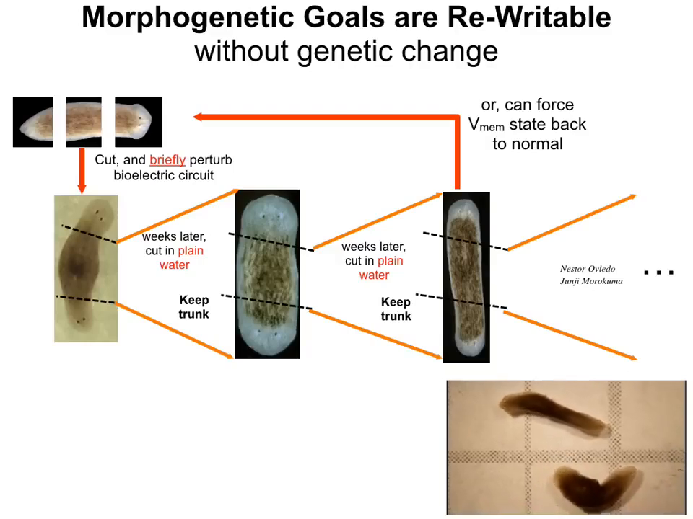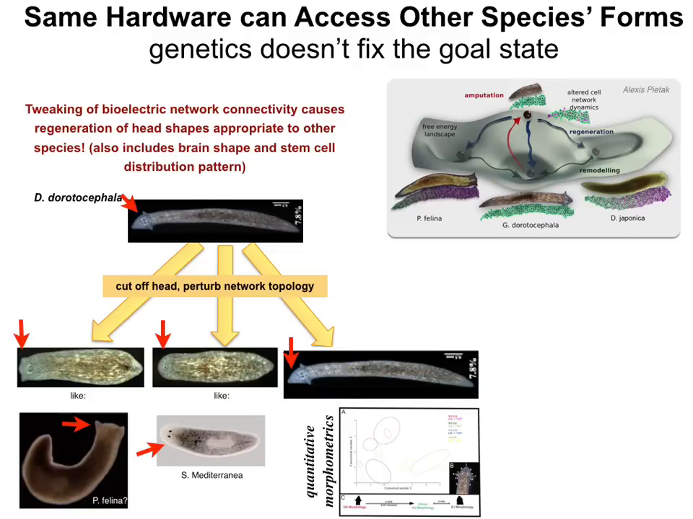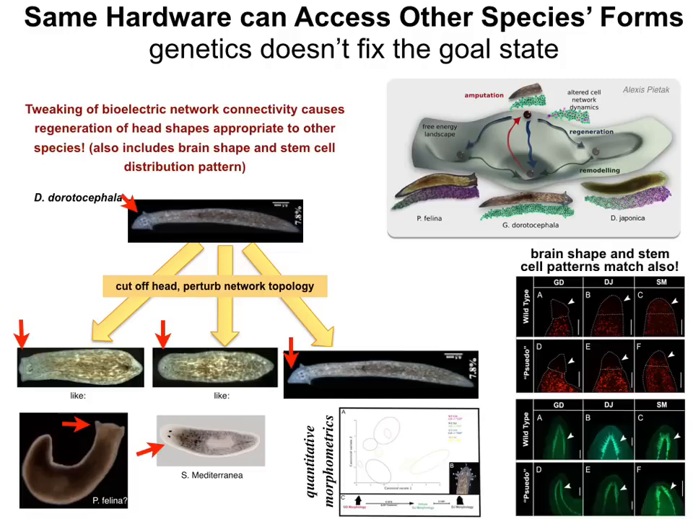Now, not only can we shift the set point to say 2 heads instead of 1, we can actually also move them towards the patterns of different species. So we can take this nice triangular head-shaped planarian, cut off the head, bioelectrically change the information that is driving the regeneration, and instead of the triangular head, you can make a flat head like a P. felina. You can make a round head like this S. mediterranea, or of course the normal triangular head. Not only the shape of the head, but actually the distribution of the stem cells and the shape of the